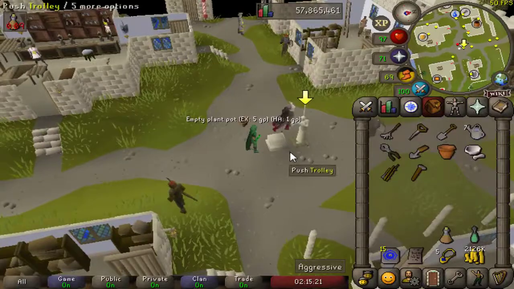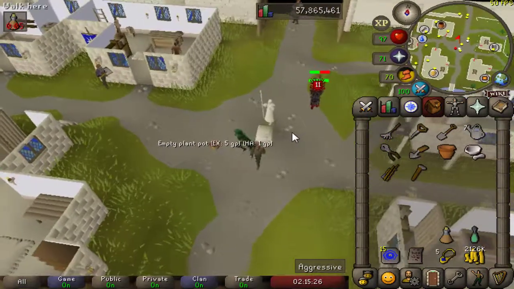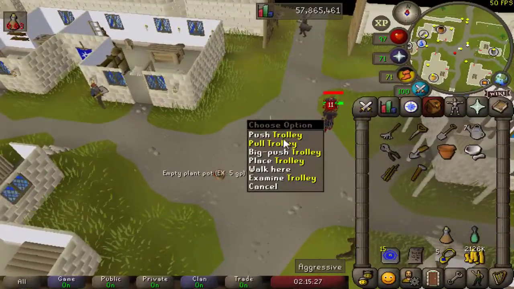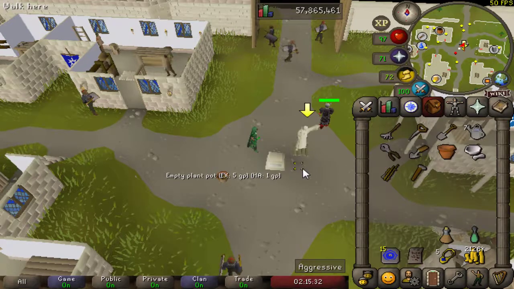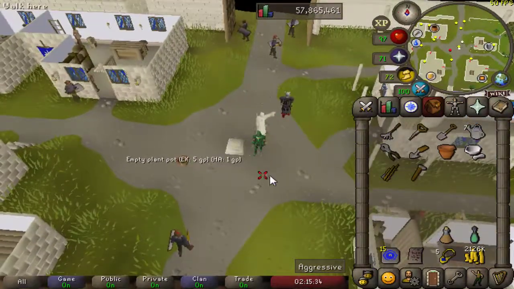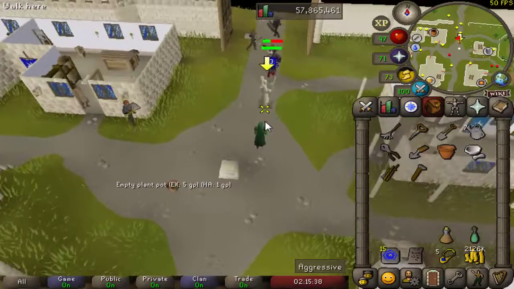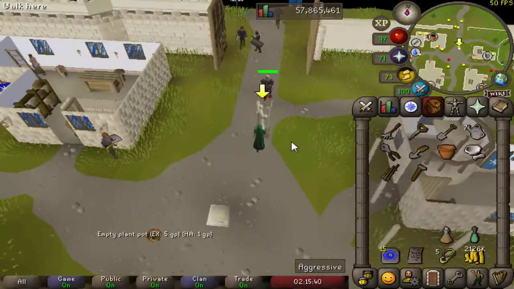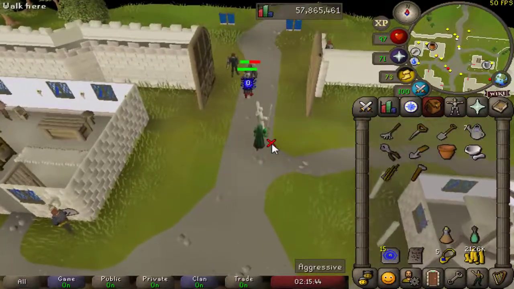Alrighty, when the cutscene is over and there is a 40 marker above your trolley, let's right click and push it once. Then go stand south of the trolley, right click and big push, and let's push it north. Follow it north, right click, big push once again. You should need to do this approximately 3 or 4 times, and then you should be teleported back to